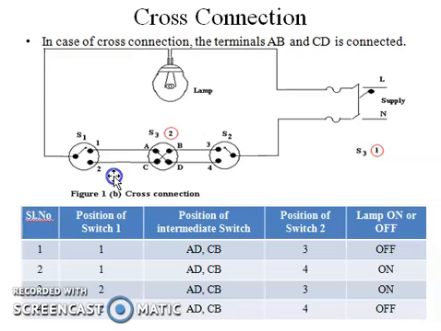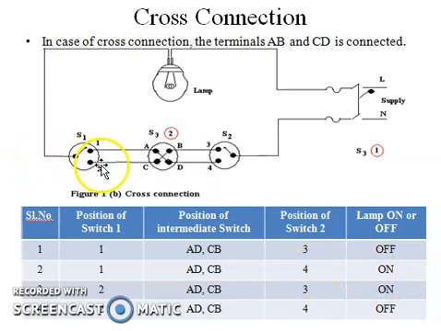You can rig up the circuit, draw the circuit, explain it, draw the block diagram, tabular column or table. You can give the output when the lamp remains on and off. That also you can give very clearly if you understand the continuity part. So in the cross connection three-way control of a lamp, if it is AD and CB like this in the cross way, the intermediate switch is connected. If it is at one position through AD, you need 4 only. Okay, 1 and 4. When switches 1 and 4 are connected, the lamp is in on condition.